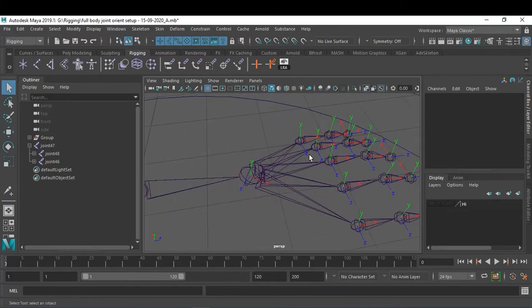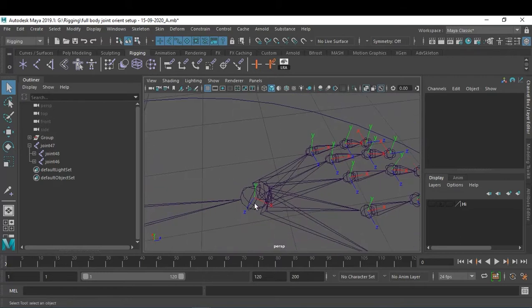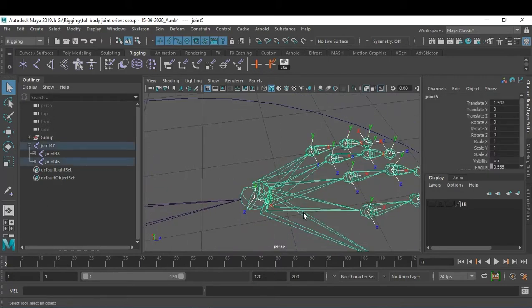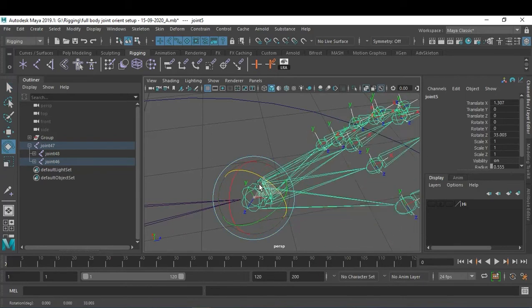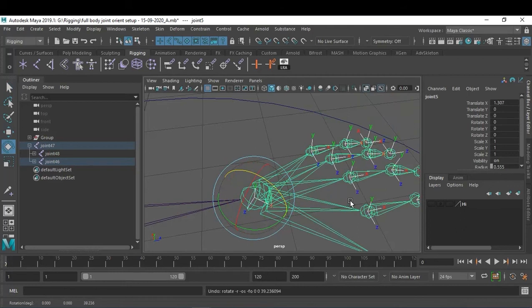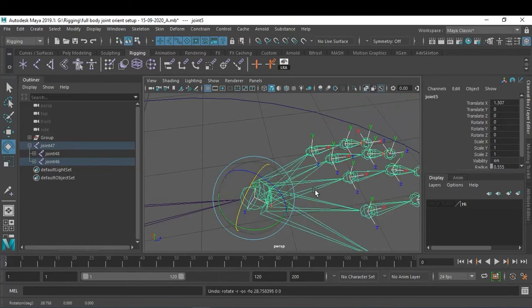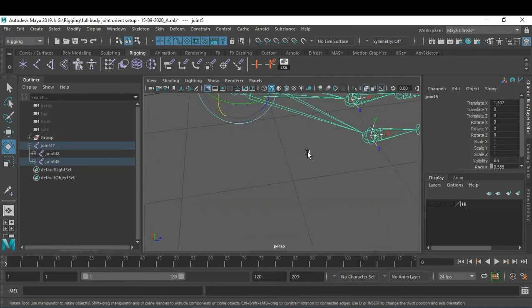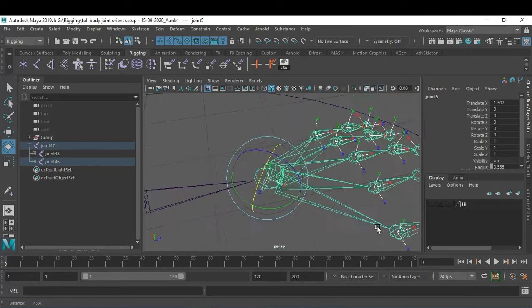And over here, for this particular joint, we don't want the joint to rotate from this side. This is wrong actually. We want this joint to rotate from the center. We don't want it from that side or from this side. Both sides are wrong. We want exactly the center. For that, see, the x-axis is coming in this direction.